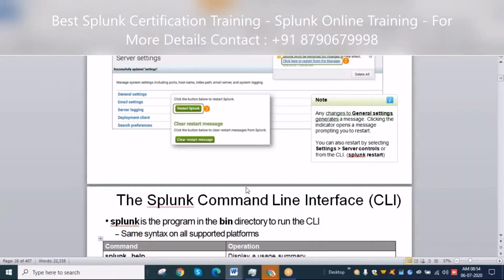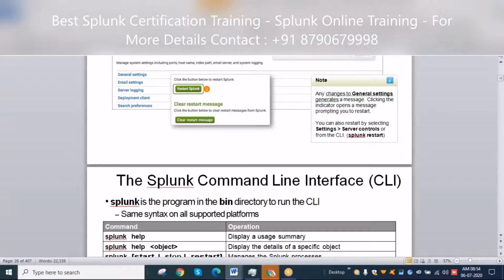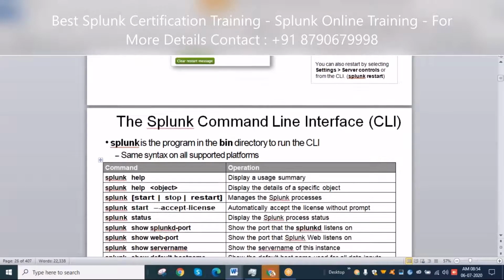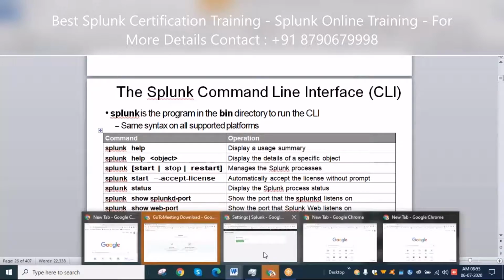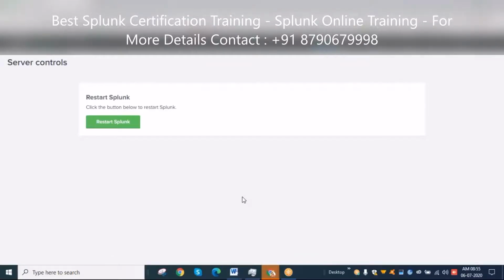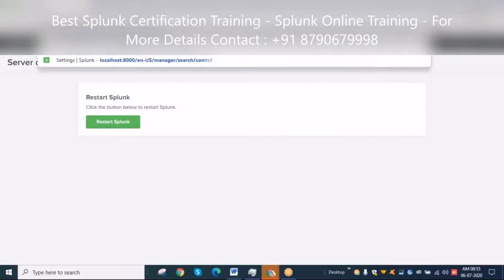Which way is preferred or less harmful, restarting from the interface or from the backend? Both are the same; we are restarting Splunk either way.